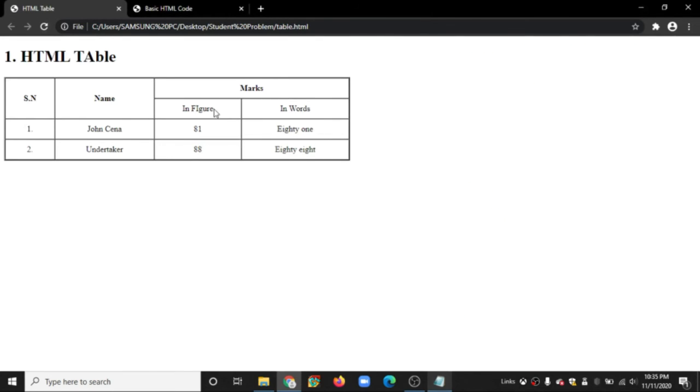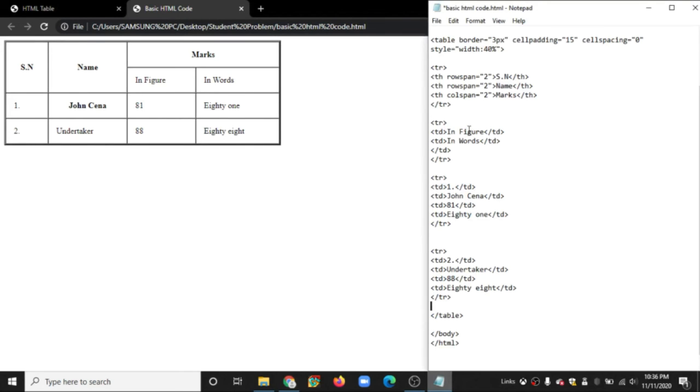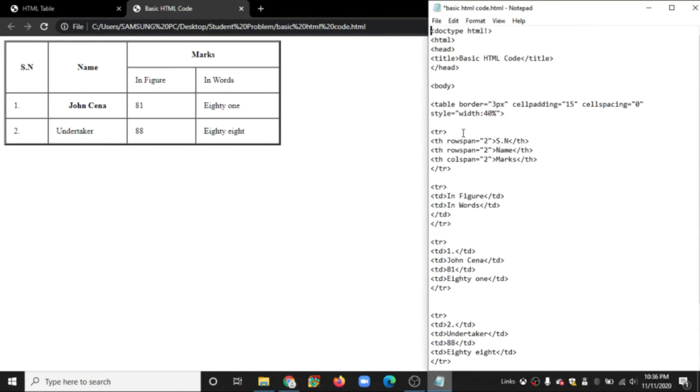The name, in figure, in words in the center of the box, in a particular way. So for this we have to use the align. That means table row align is equal to center.